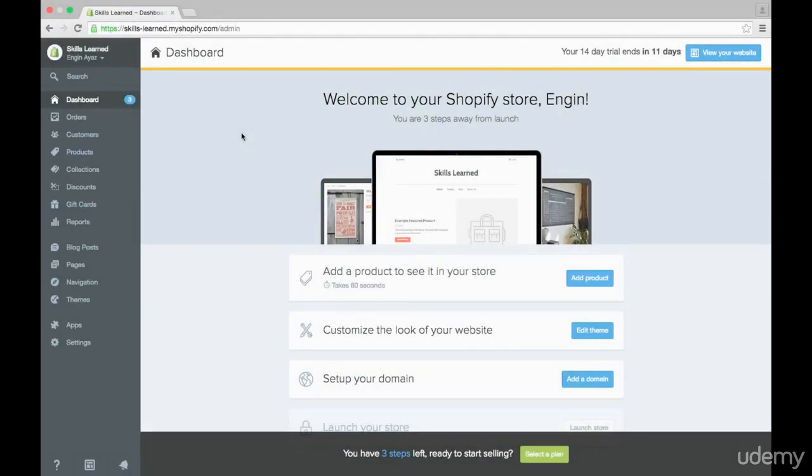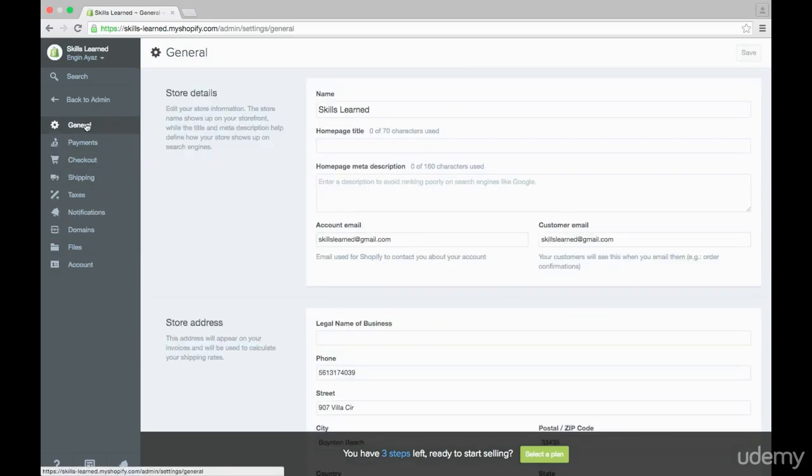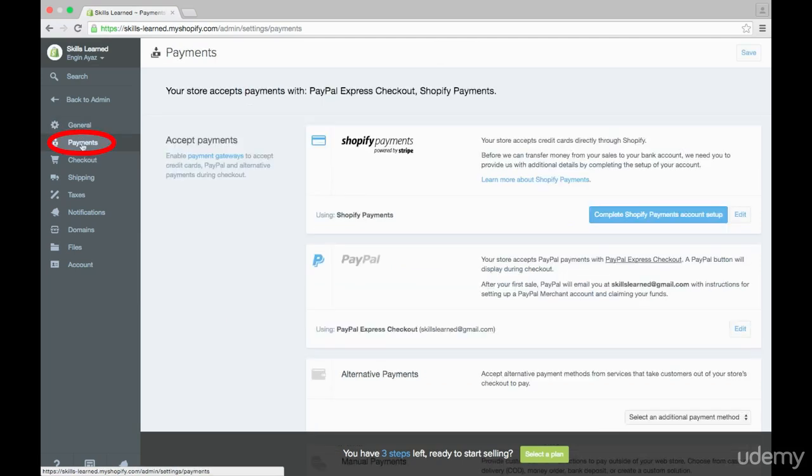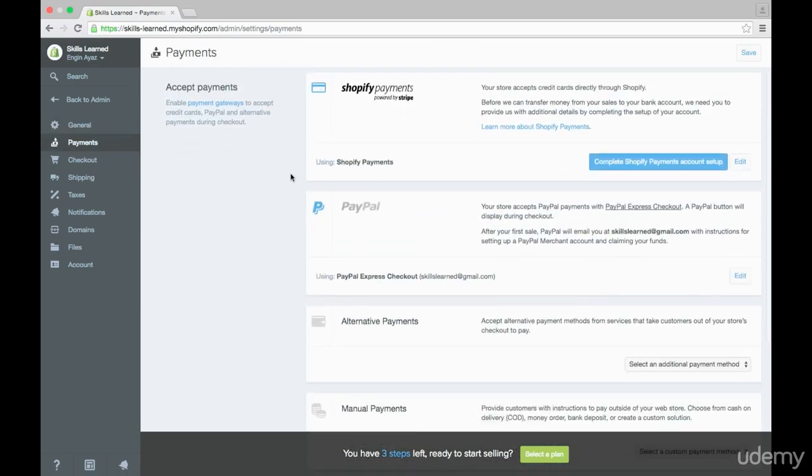So to get to the checkout, payments, options, and all of those other settings, once we log in, we just go over to the bottom of the admin panel, click on settings, and then we'll go down to the first option underneath general, which is payments. So the first thing that I want to show you over here is the area where we can choose our